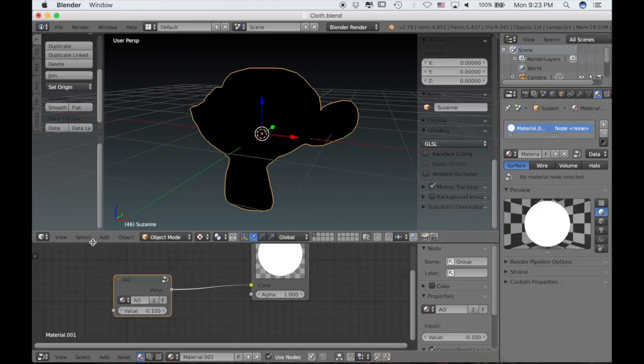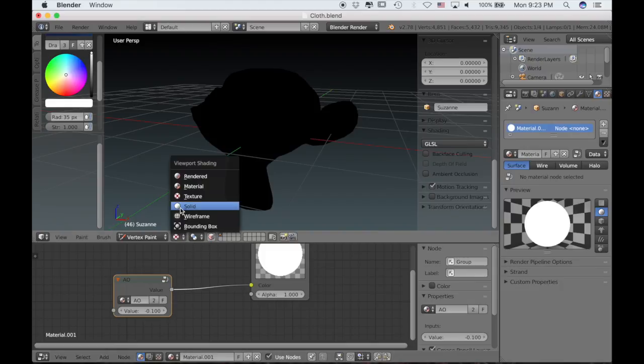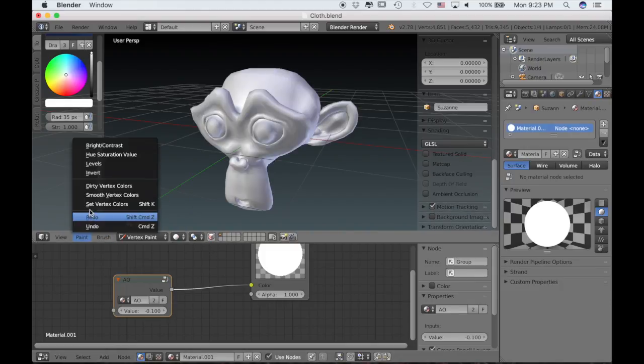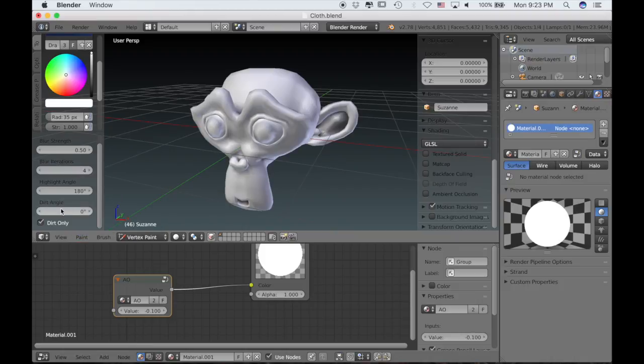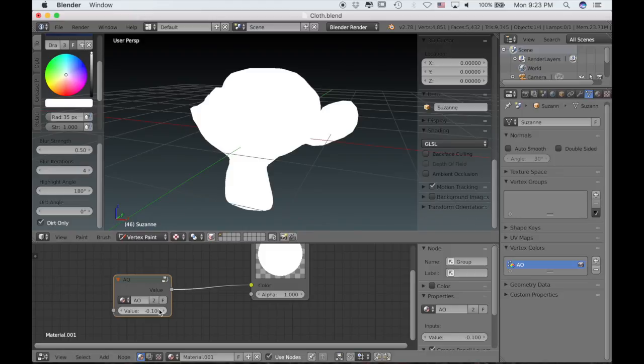So we need to go over to our vertex paint and then go to paint, and then let's switch to solid view so we can see this, and dirty vertex colors, and it's already set to the settings that we had before, which should work fine. And I'll call this AO, just like we did before. Now I'll go back to textured view, and if I give this a value now, then you'll start to see